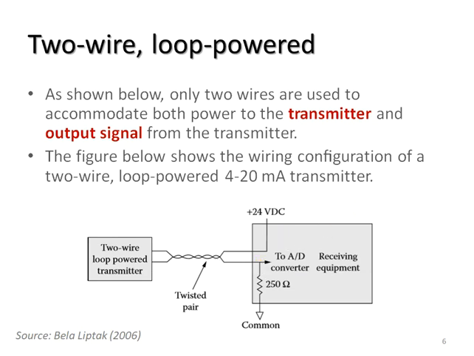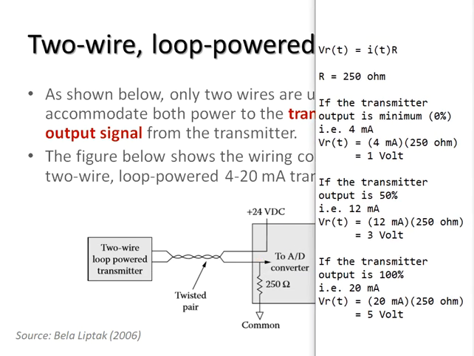Here is some calculation. So let's say VR is the voltage across the 250 ohm, I is the current, and R is 250. So if the transmitter output is minimum, which means 0% or 4 milliamp, the calculated output voltage will be 1 volt. However, if the output of the transmitter is increased to 50% or 12 milliamp, the calculated output voltage will